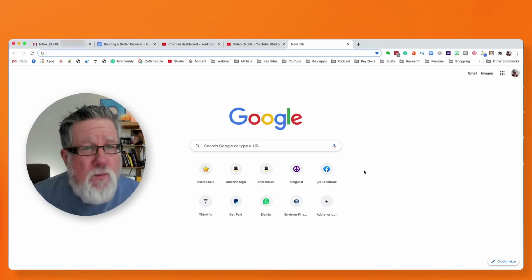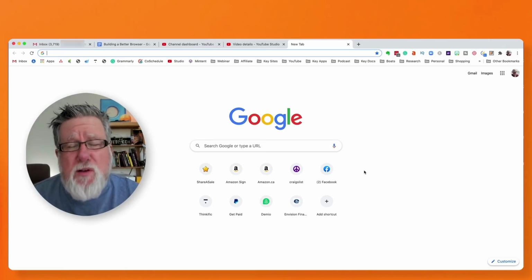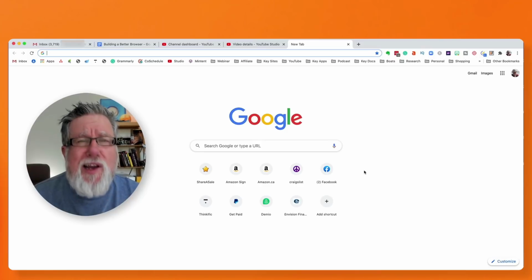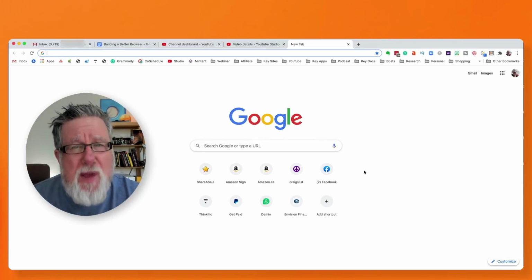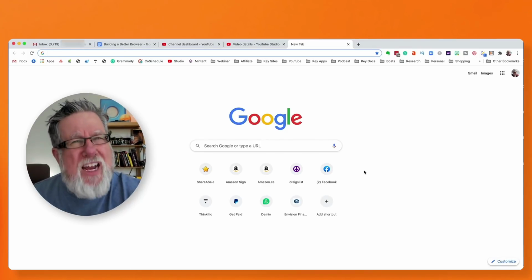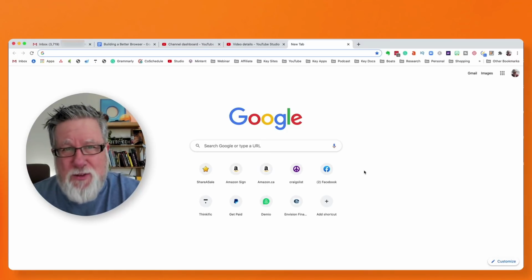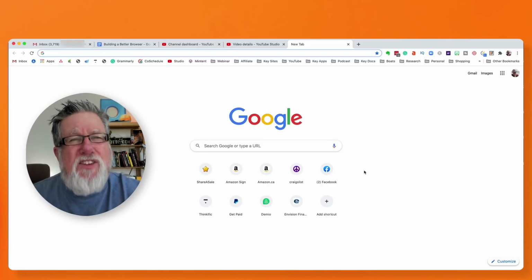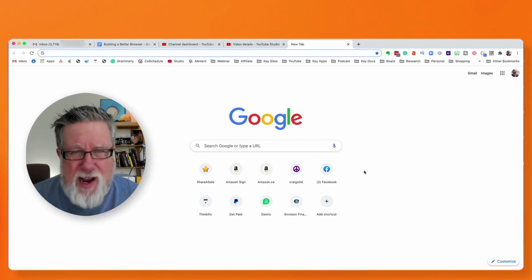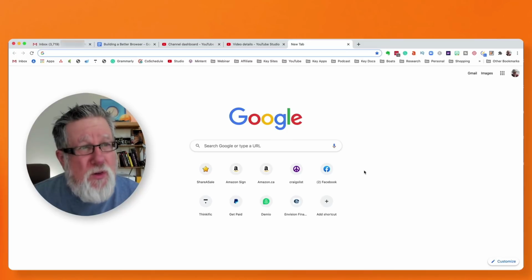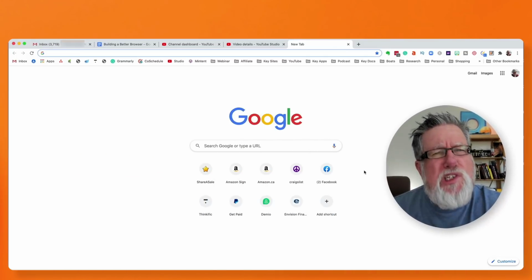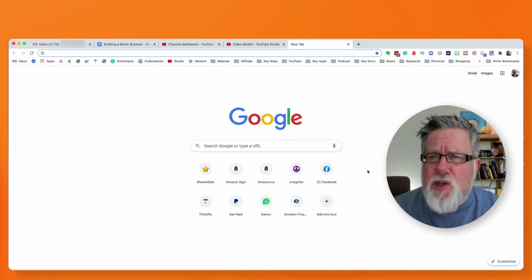This is my Chrome browser open up, and I use Chrome a substantial percentage of the time, but I try and switch back and forth between all the browsers just so that I can test them out a lot. I think most of us will have one main browser and then kind of a backup browser, because sometimes some applications work better in one browser rather than another browser. And so you're going to want to be at least functional in, I would say, two browsers is a good way to do things. So we'll start with Chrome, which is the most popular current browser in the marketplace, and you see it and you recognize it.